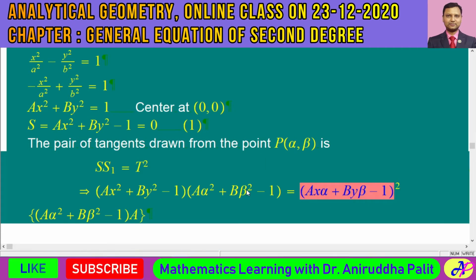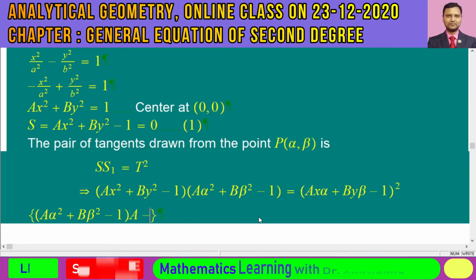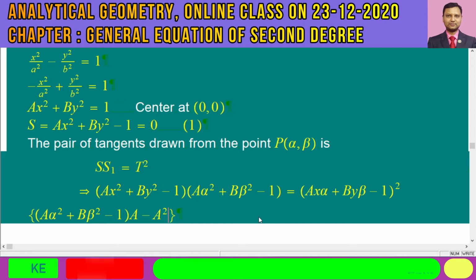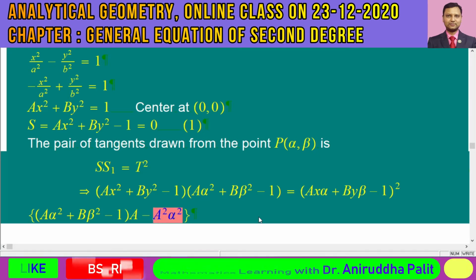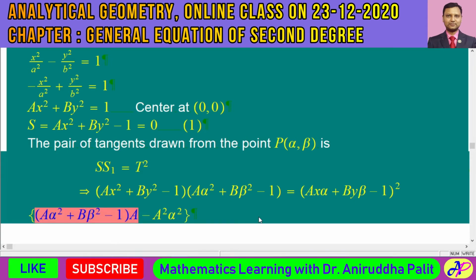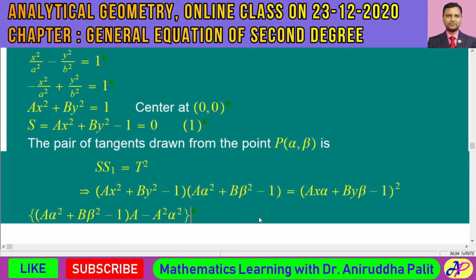If it is taken on the left, then a negative sign must come. So in that case, the coefficient would be a square into alpha square. This much is the contribution from the right hand side, and this much is the contribution from the left hand side. So this would be the coefficient of x square, plus